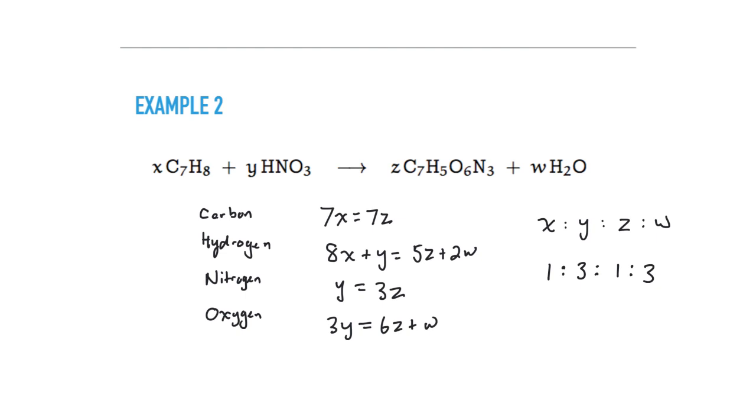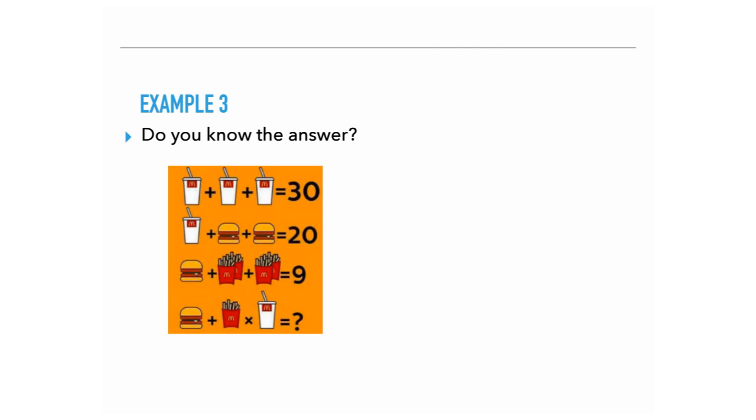To be clear, that's very different than saying x is equal to 1 and y is equal to 3 and z is equal to 1 and w is equal to 3. For I might take 100 milliliters of toluene and 300 milliliters of nitric acid, and the reaction would go according to plan. For a third example, we'll leave the fictitious classrooms and instead enter the world of social media, where